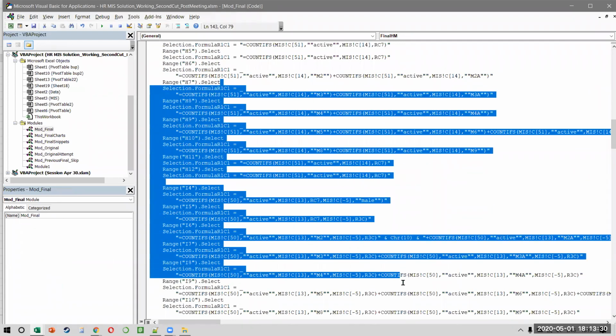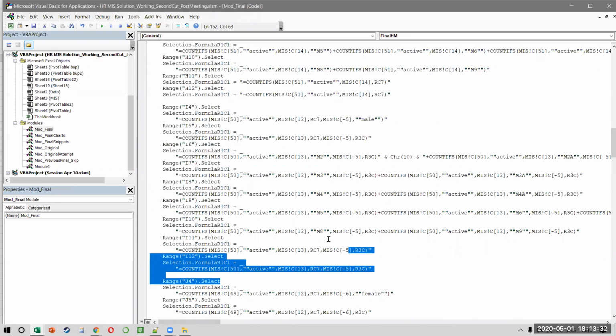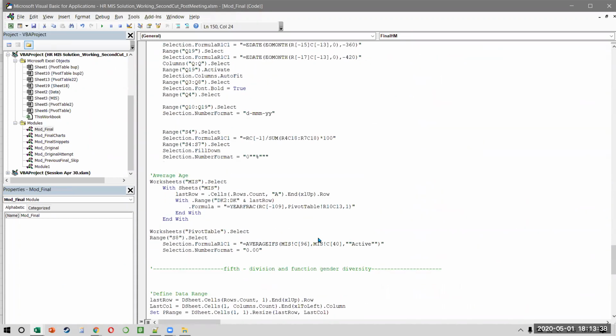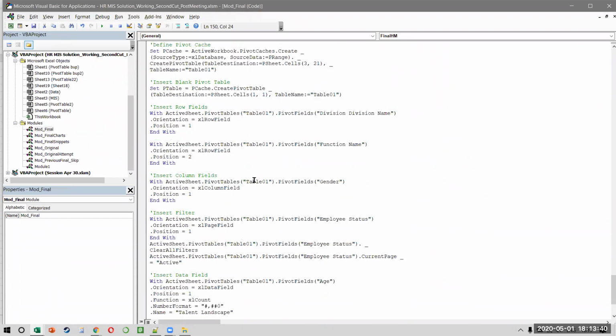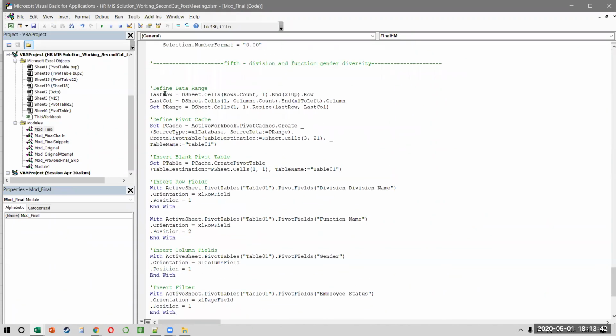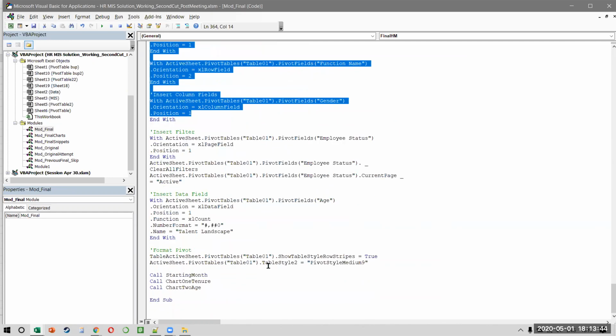Do you see this? These are all my different formulas that I've created. Now, it is so much more advisable to do this with VBA code because this is just a one-time job for me. I can just run it and automate it whenever I want. Right? And this is very similar to what we did. This is creating the pivot.